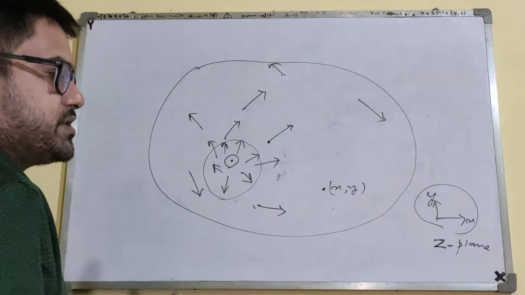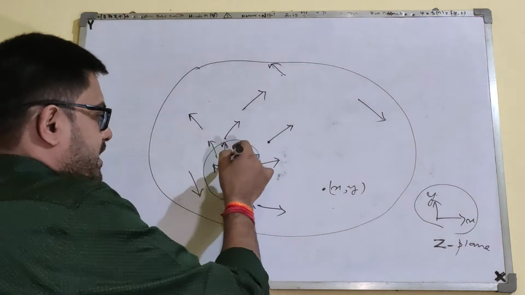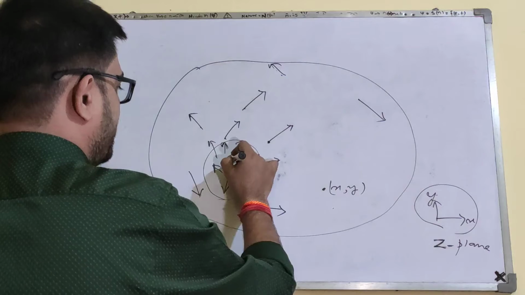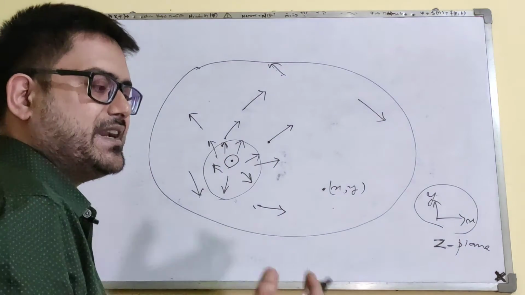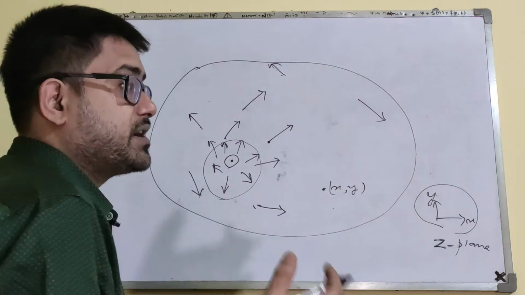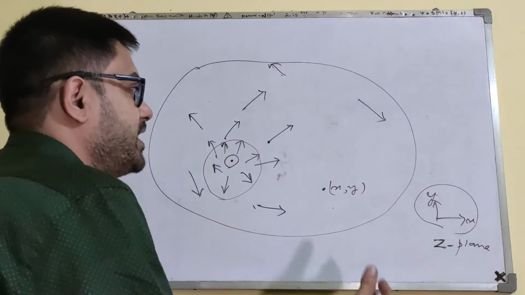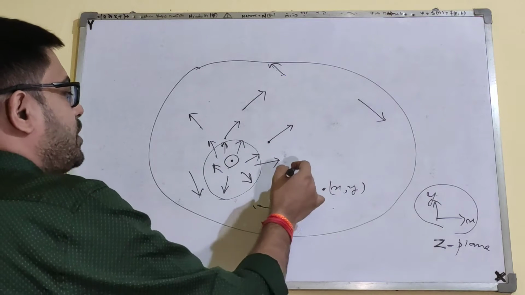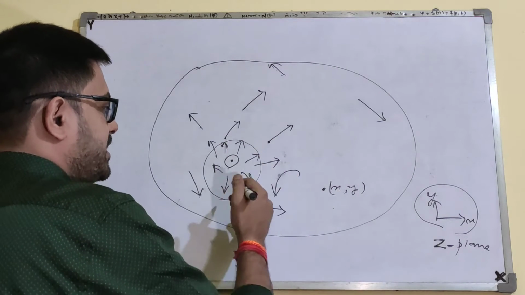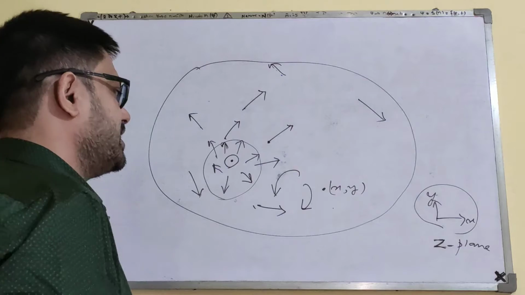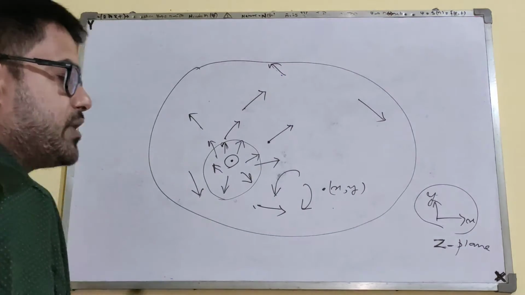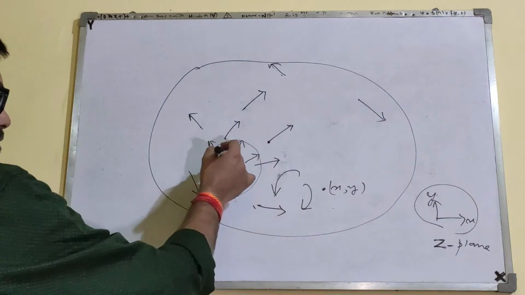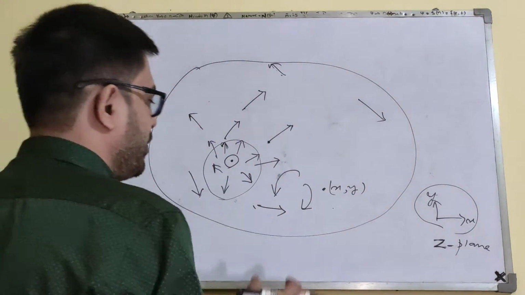My question is, do the vectors that exist in the neighborhood of my reference point have a circular or rotational tendency, a swirling tendency? When I take all the vectors in the neighborhood, do they have a clockwise rotational tendency or an anti-clockwise rotational tendency? If I want to know that, then I would have to use the method of finding the curl of the vector field around this particular point xy, whatever point I choose.